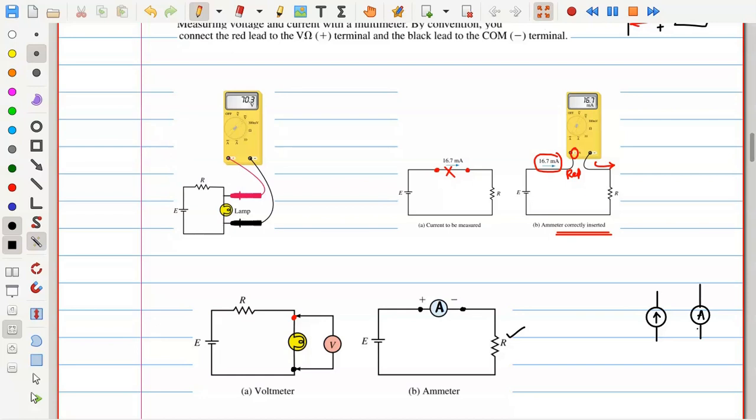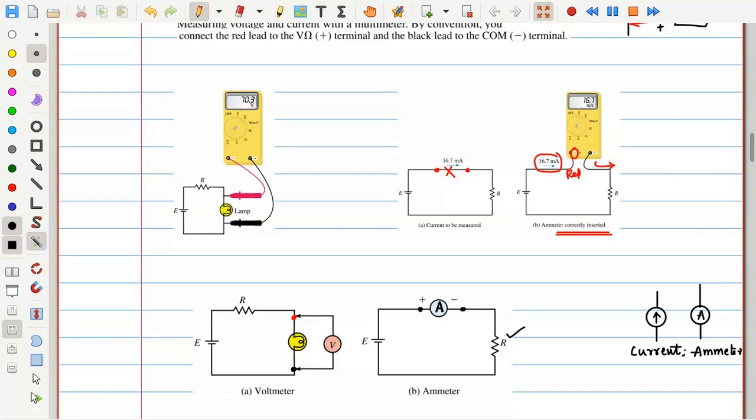Sometimes people think that this kind of symbol is a current source. You should not make this mistake. This is the ammeter symbol, whereas this is the current source symbol. You should carefully observe that. And one more is the circle inside which V is shown, that is the voltmeter. Clear? So make a clear distinction between voltage source and voltmeter, current source and ammeter.